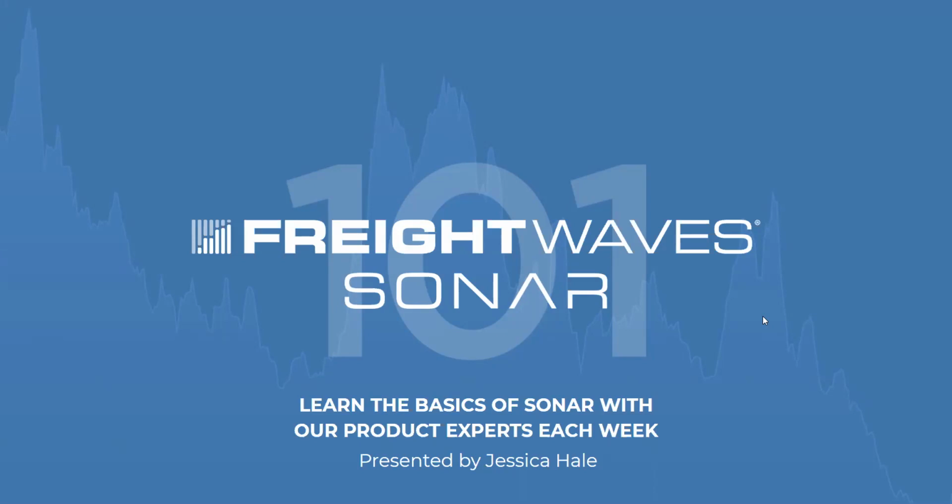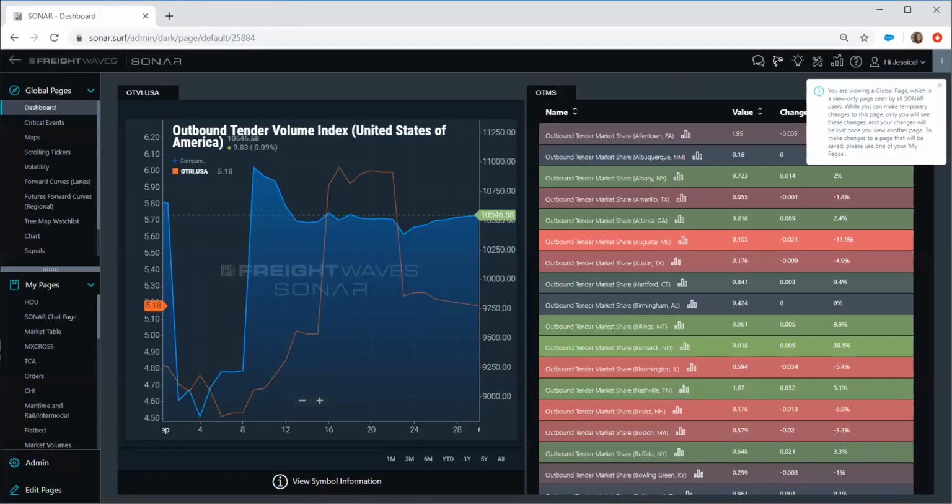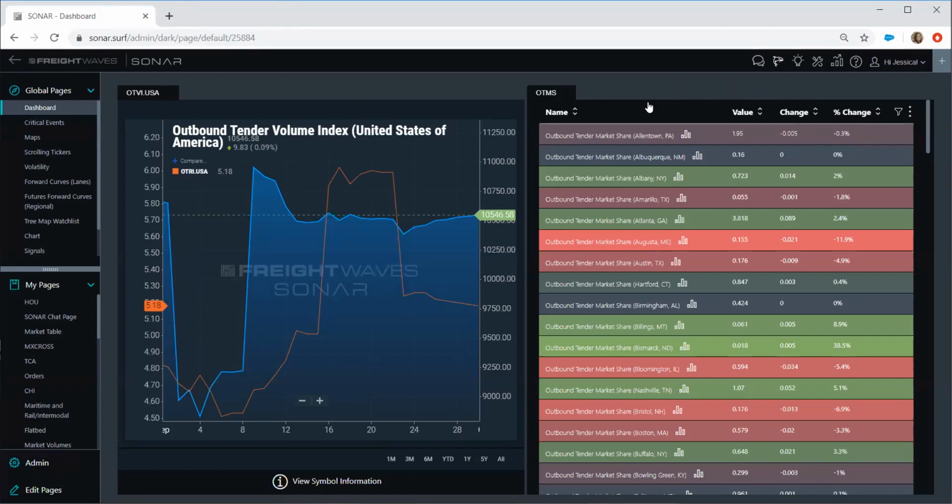So I'm going to get started here. Give me just a moment. There we go. When you very first log into the Sonar platform, it will take you over to the top